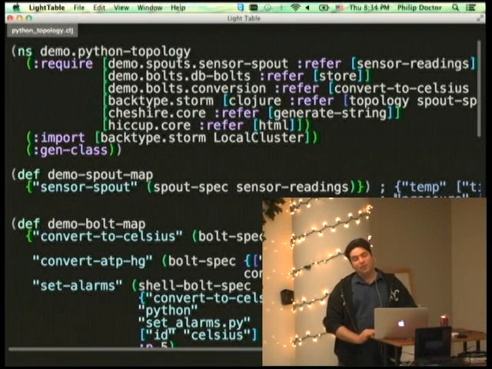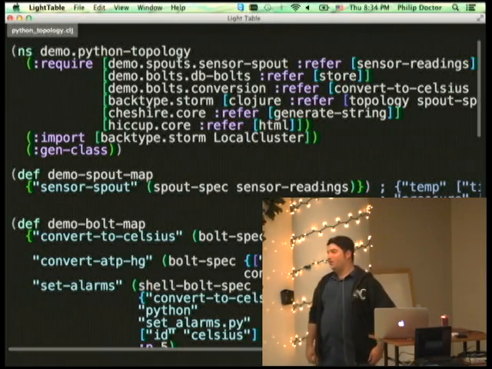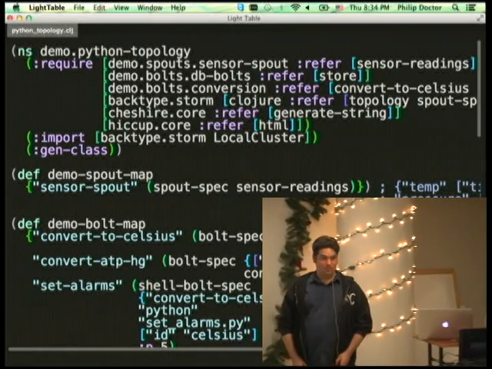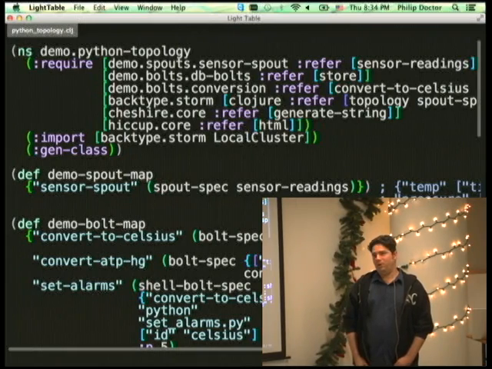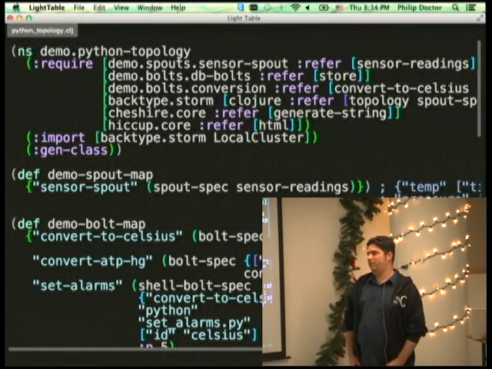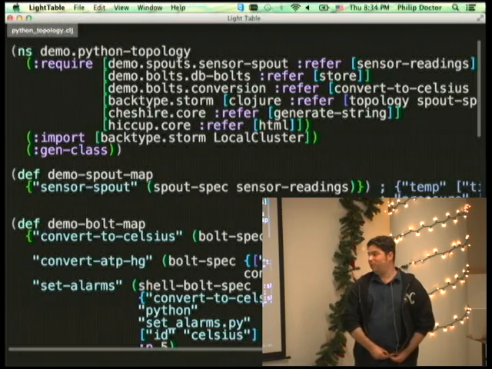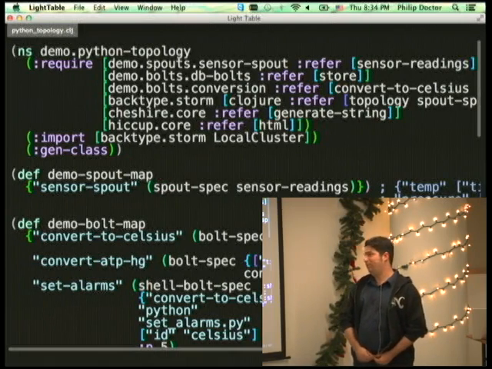Storm is running on the JVM. That's why we're talking about Clojure. So you can actually run the whole thing in Java, okay? And if you're anything like me and you pull Java code, you wish that you didn't. That's why I'm going to talk to you about Clojure, because first off, it fits on one screen instead of like 8,000 screens. And second off, it's really cool.